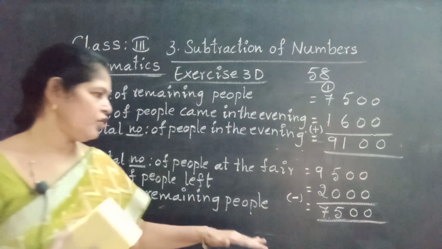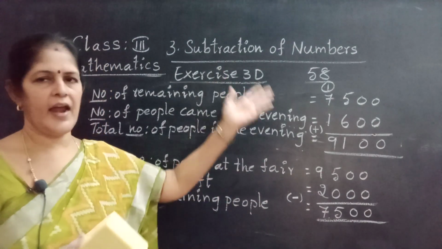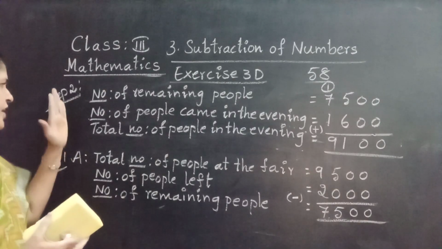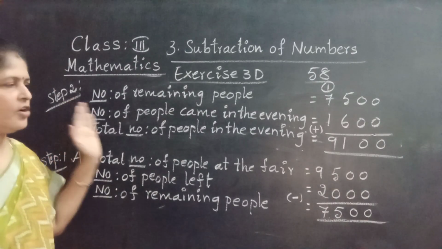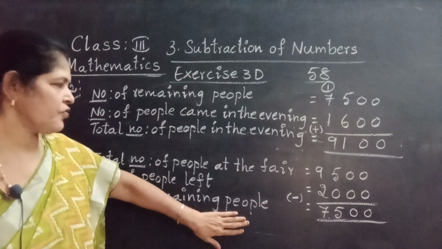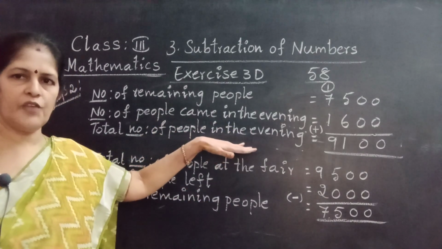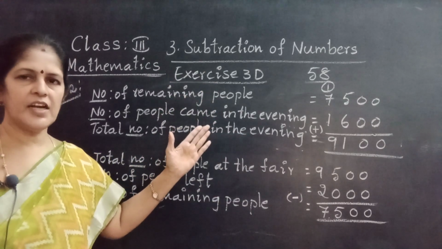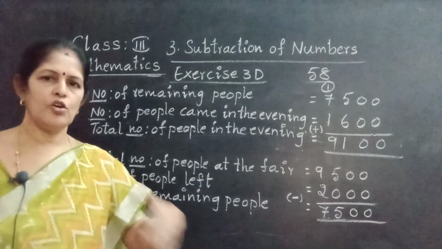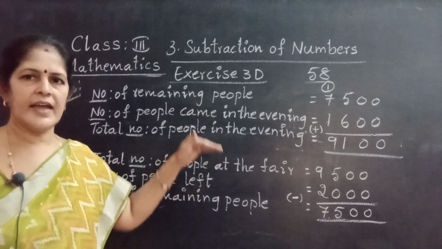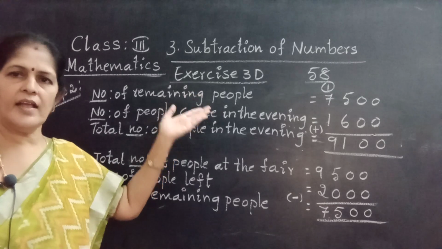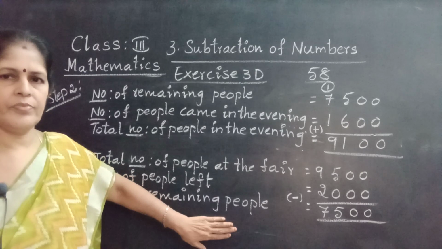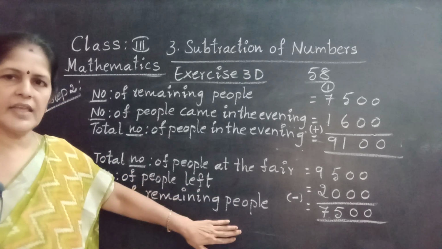9,100. Here we use subtraction and addition. We involve two steps. First step subtraction. Second step addition. You write the answer. This is the first one. This is the second one. Don't confuse. After this you continue this. Okay children. If I write here, you can't see the steps. That's why I am writing up. You continue step 1 and step 2 right below this.